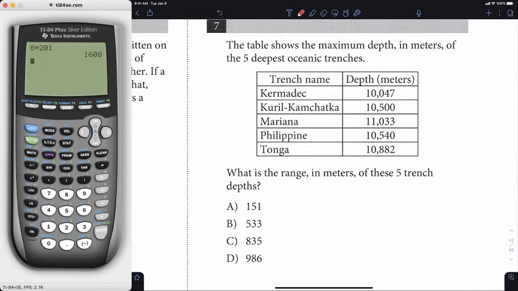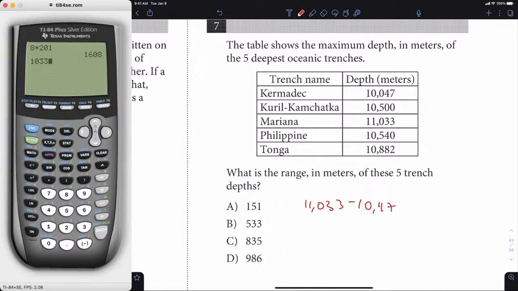The table shows the maximum depth in meters of the 5 deepest oceanic trenches. What is the range of these 5 trench depths? Alright, so range is going to be the greatest minus the least. So the greatest here is 11,033 minus the least, which is going to be 10,047. And if I plug that into my calculator,